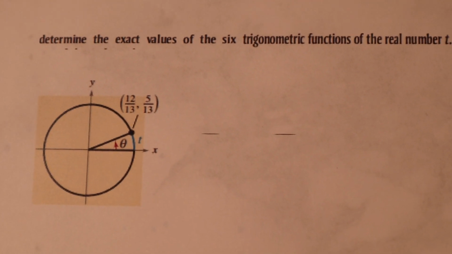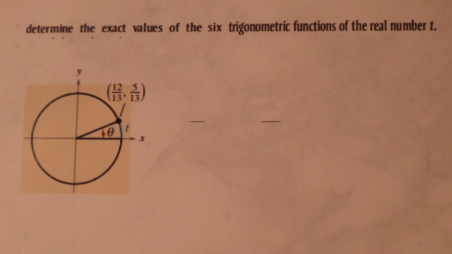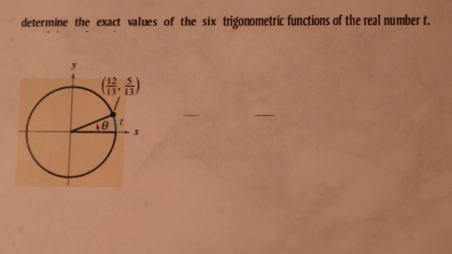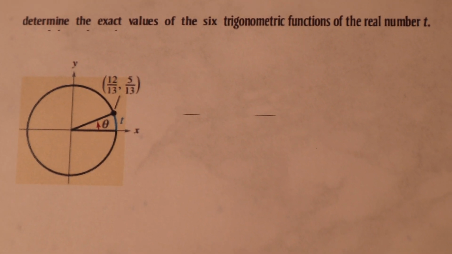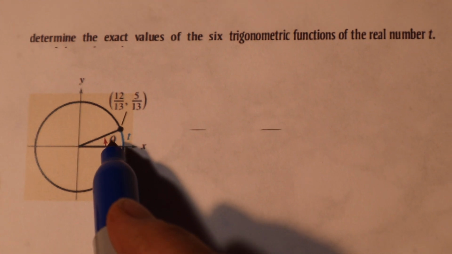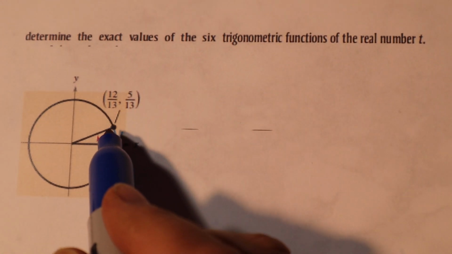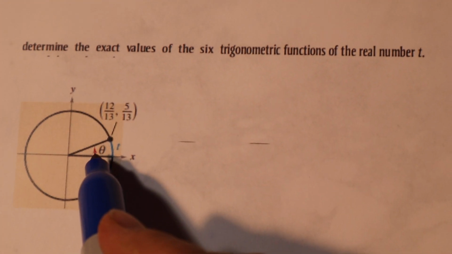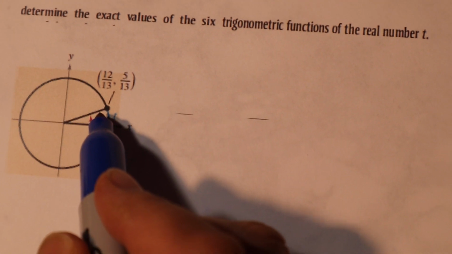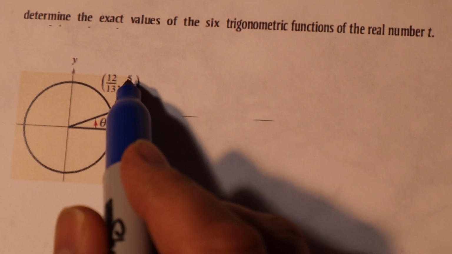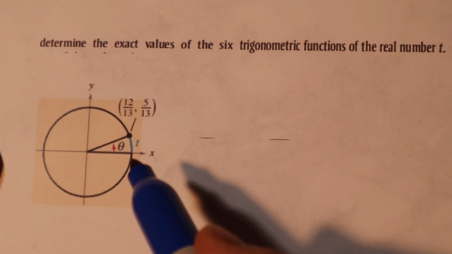Okay, we need to determine the exact values of the 6 trigonometric functions of the real number. This time they give us real number t, and we have this number. It will be 12 over 13, not complex number, not imaginary number, it's real number. So this point will be represented by 12 over 13 and 5 over 13, and they ask you to